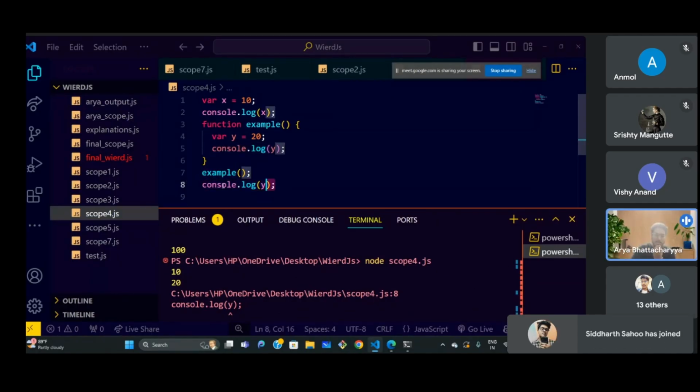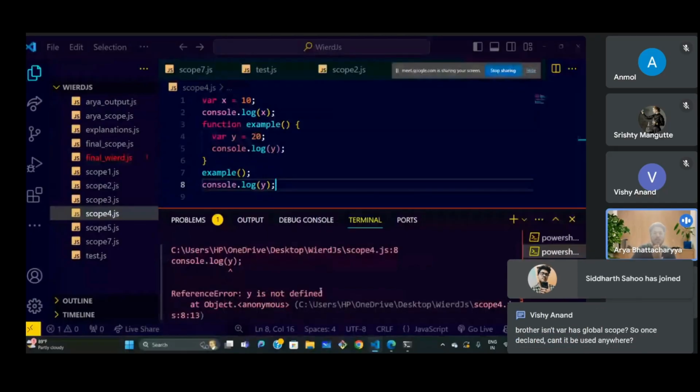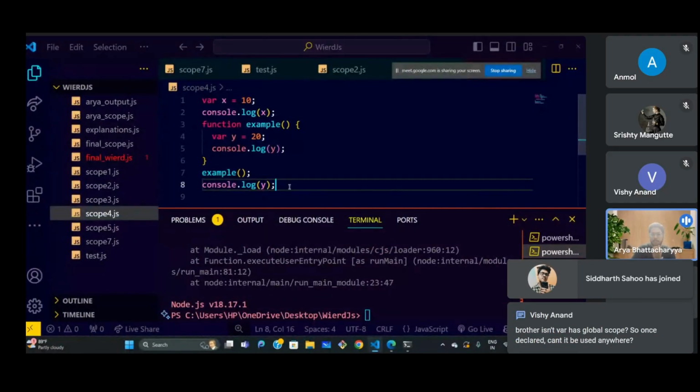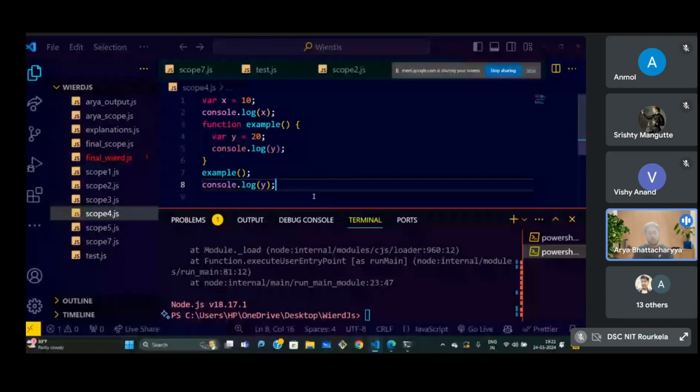So this would throw an error called reference error, or a not defined error. It would not be a temporal dead zone error, but something known as a not defined error. Reference error also has types, you can read up on what types of reference error there are. As far as I know, this would throw an error called not defined, so the correct answer would be 10, 20, not defined reference error.